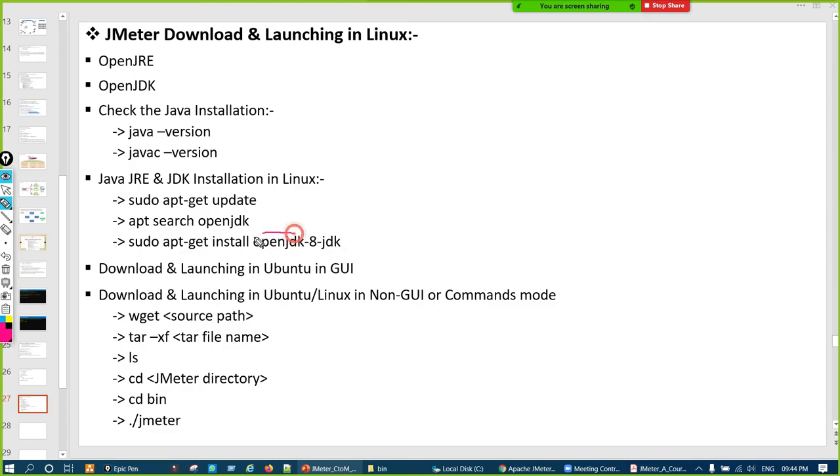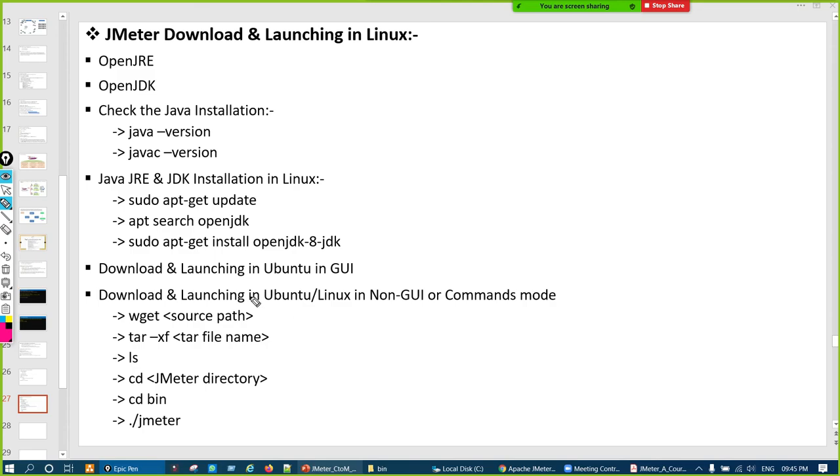When you type the search command, you'll see a list of results. Whatever name suits you, 8.1, 8.2, or version 8 update 251, you can change this part as per your convenience, but the rest will remain the same. Once that is done, you hit enter, and Java will be installed.